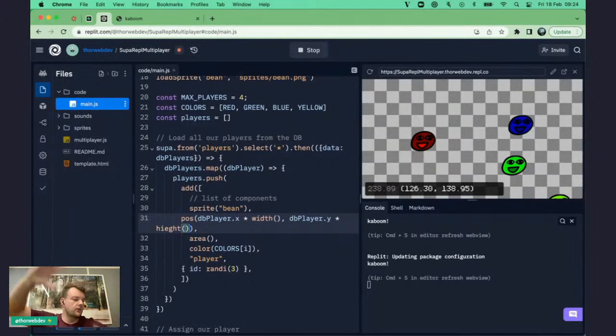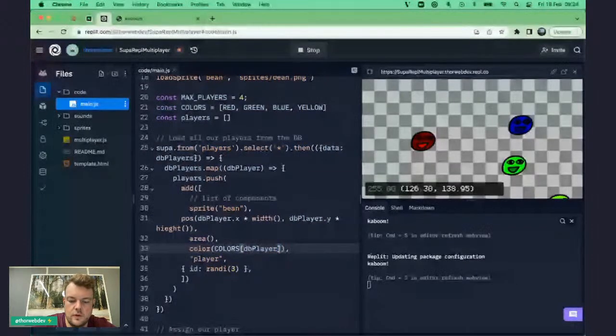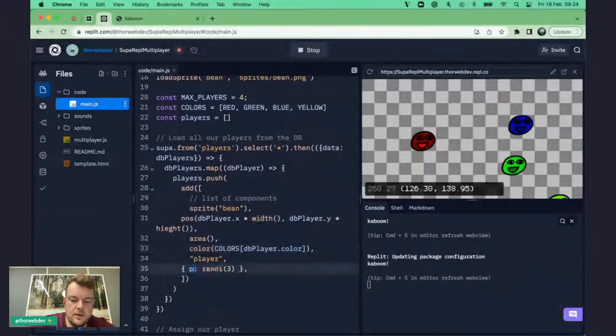And then no matter the positioning or the size of our screen, even if we have this on a big TV, we get them positioned at the right place. And then the color, we have DB player dot color, and then we set a player ID,